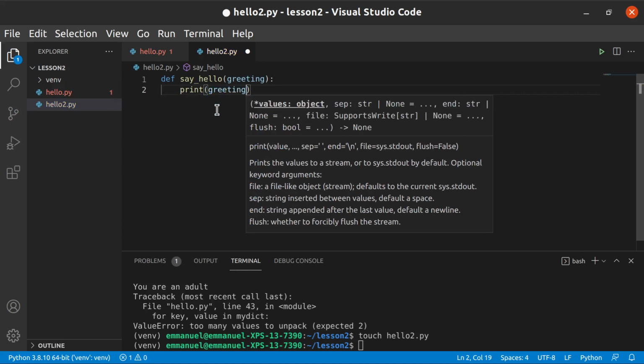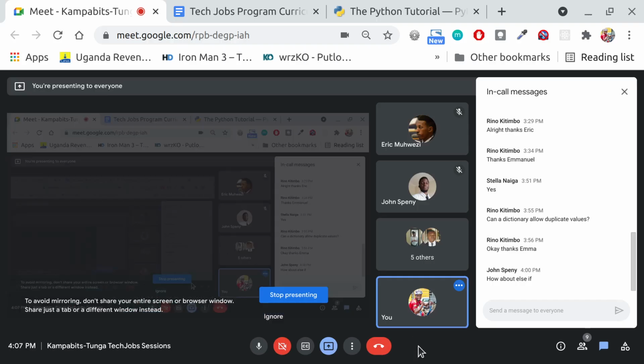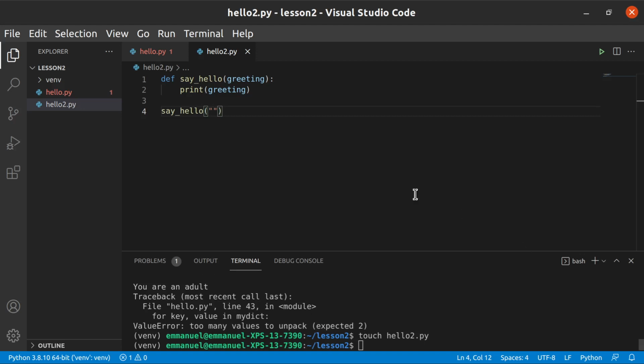Just like other languages, after defining something, then